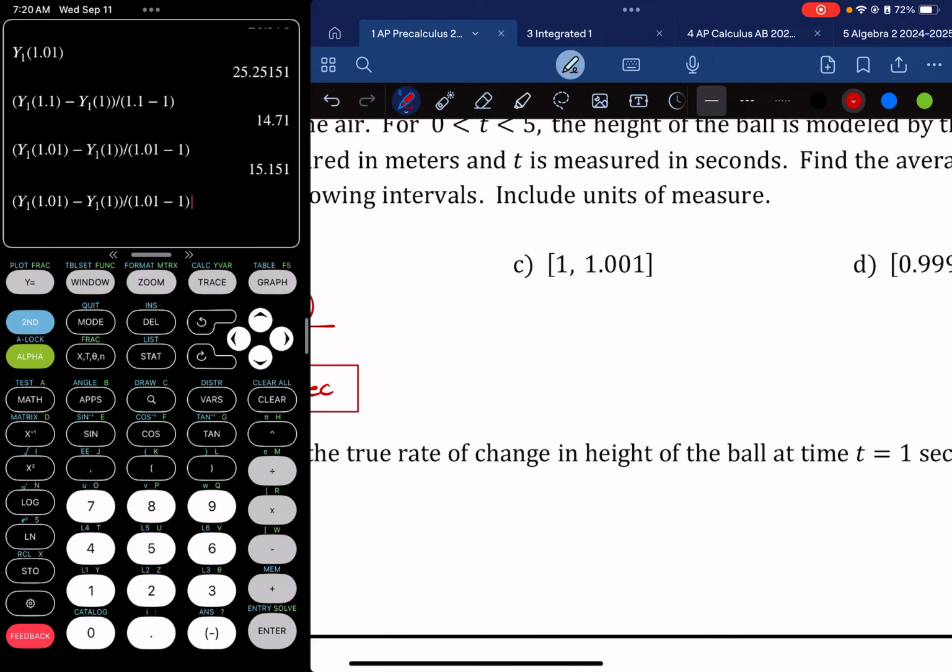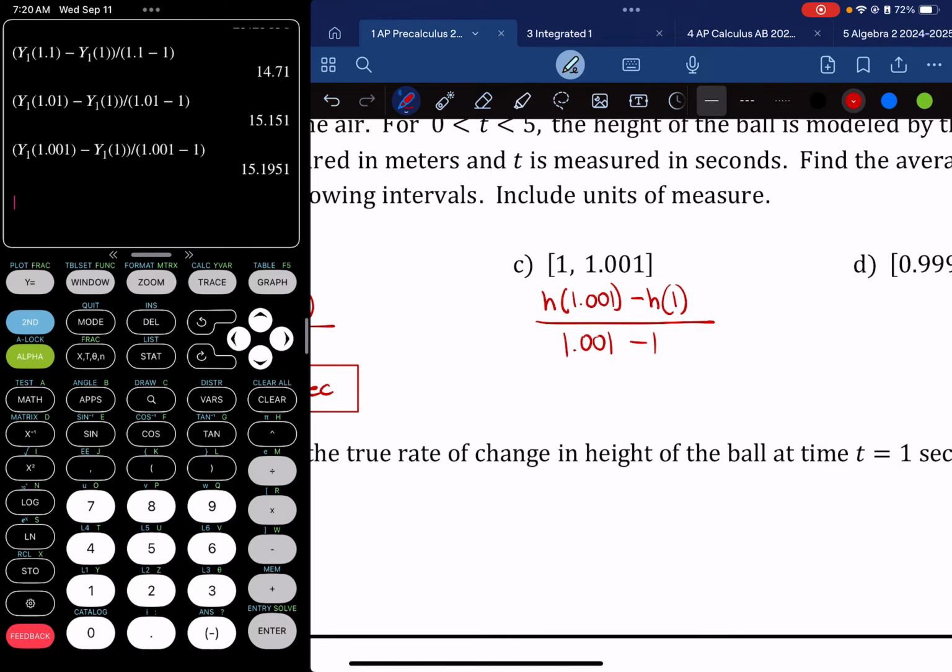So I'm going to hit second enter. Oh, maybe I should write it out before I do the calculation. So I'm going to write, this is going to be h of 1.001 now, minus the h of 1, all divided by 1.001 minus that 1. All right, so on my calculator, I'm going to come back over here. I'm going to hit second delete to enter a value right here. Come back over here to my 1.01, hit second delete to do the insert of a 0, and then I'm going to hit enter, and I get